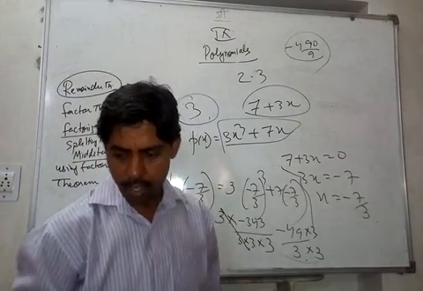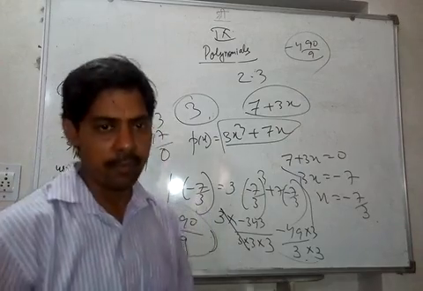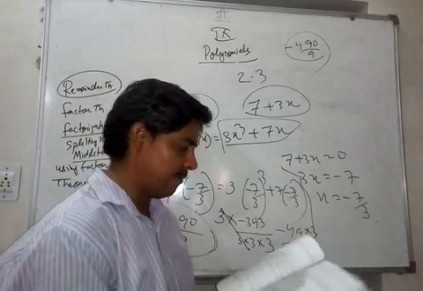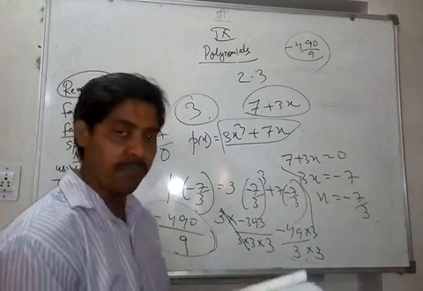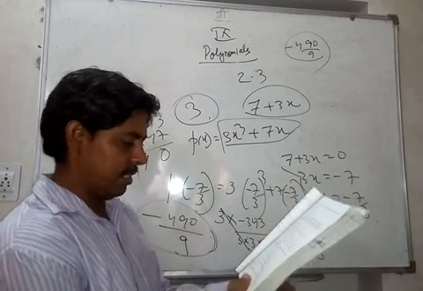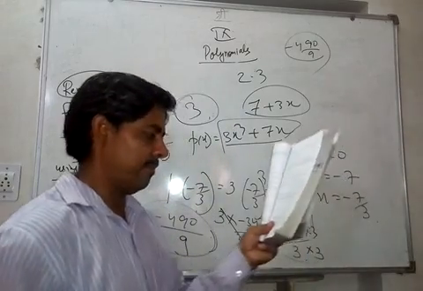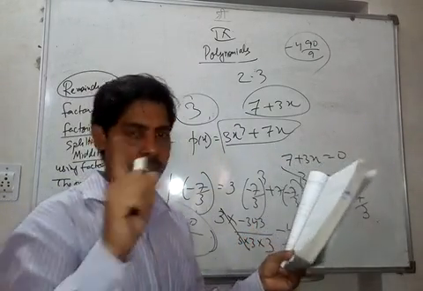Okay, so now let's do some questions of exercise 2.4 also. Based on these 2.4 questions, we can see in detail what the factor theorem is one more time. So see, determine which of the following polynomials has x plus 1 as a factor. We are doing 2.4 question number 1.